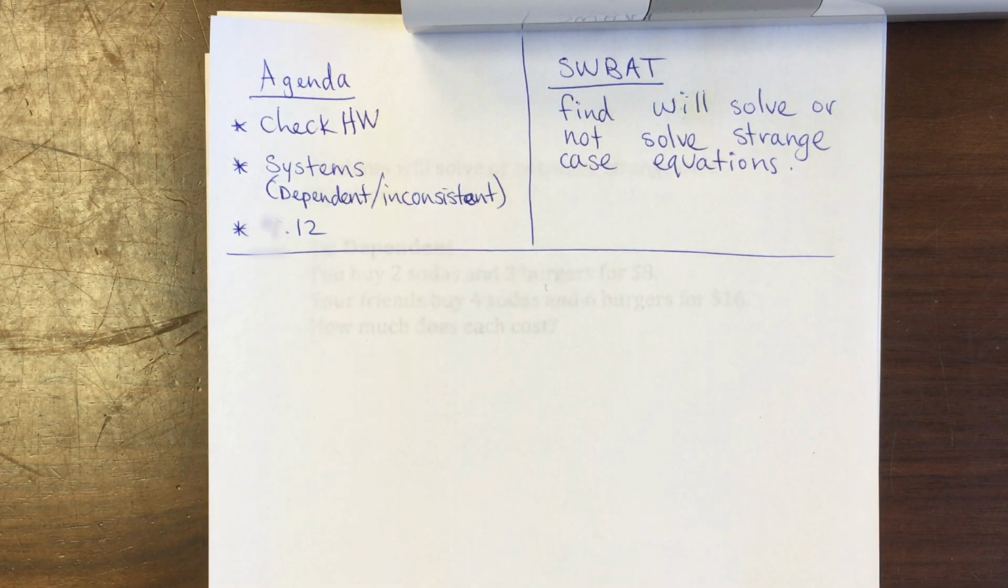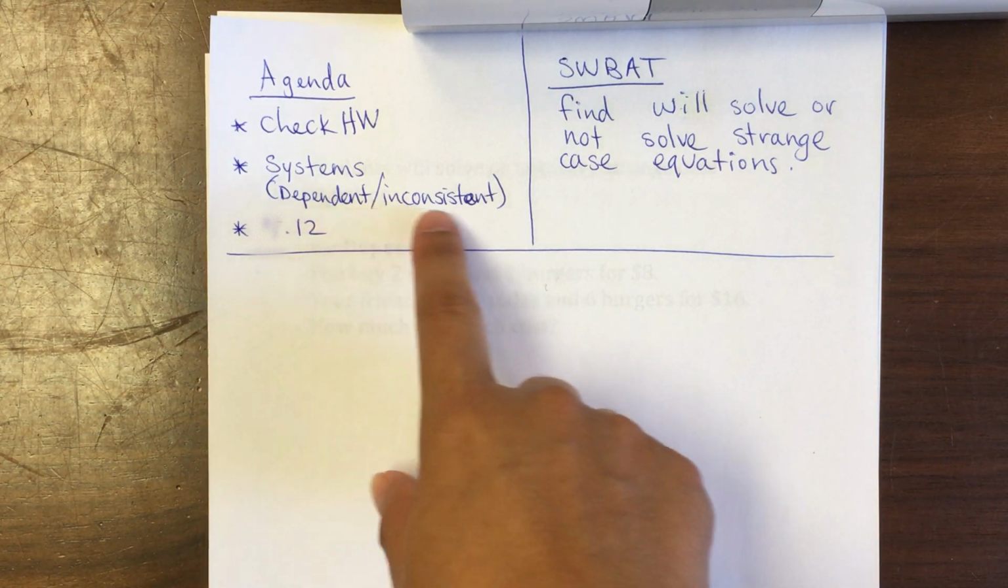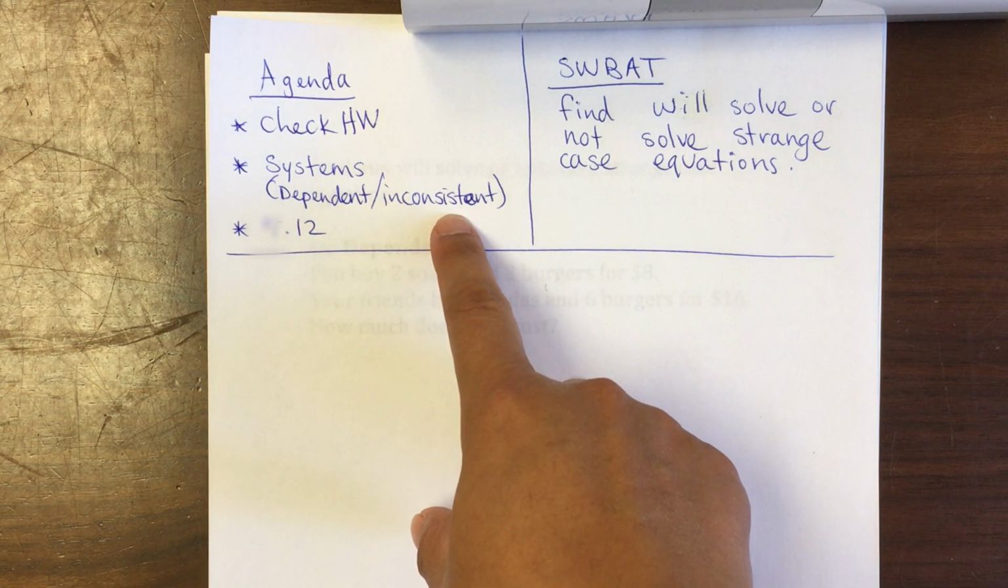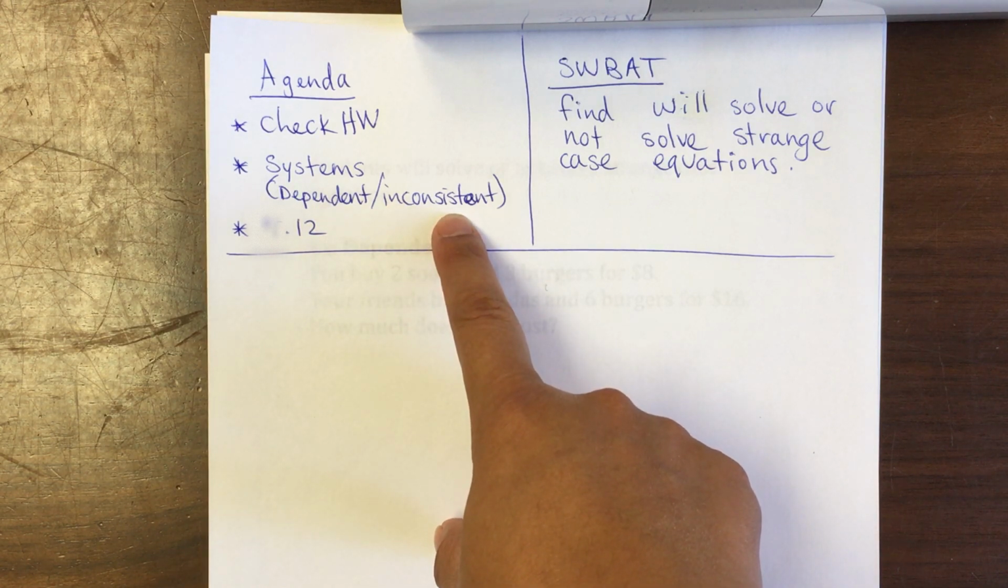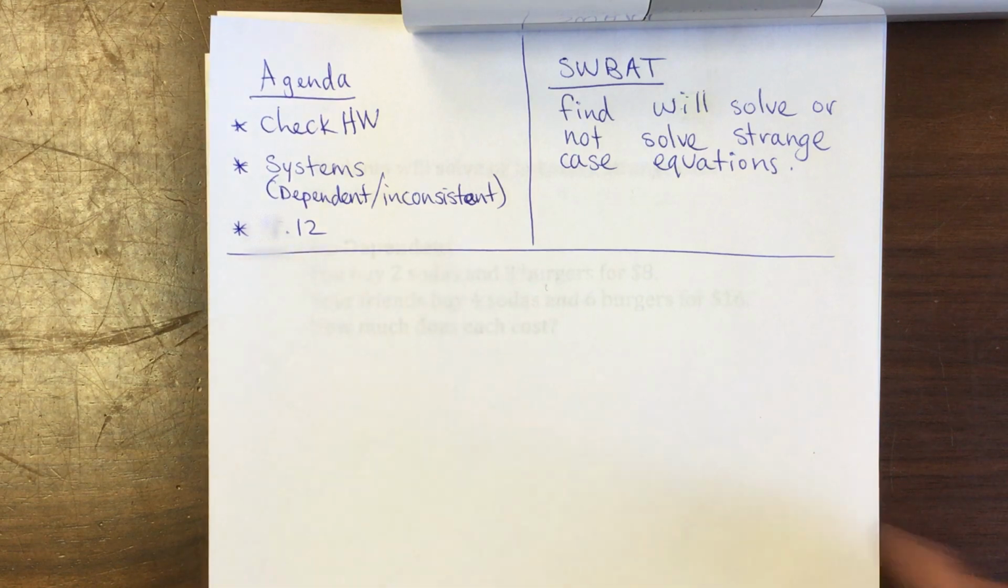Hello students, today's agenda is to check homework. We're going to do some more systems of equations, but this time it's going to be dependent and inconsistent. We'll learn what that means later on. And you will be able to do 5.12. So today students will be able to,